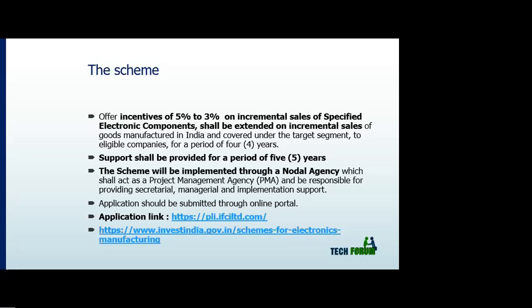The application format is very simple. You have to apply yourself. What does it mean? No mediator is accepted. No one representing you on your behalf is accepted. There are a couple of agencies coming out saying they will do it for you, but that is not accepted. You will have to approach the government online directly yourself. If you apply the wrong way, they will come back to you and ask for clarifications. That is okay, but you will have to go.